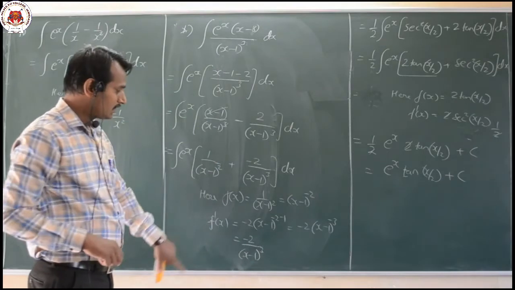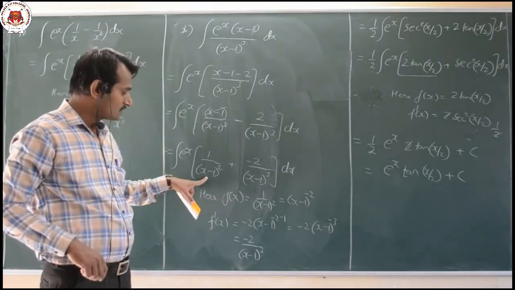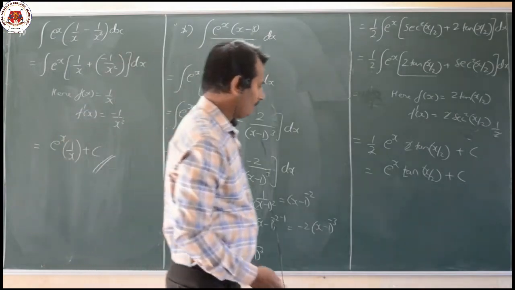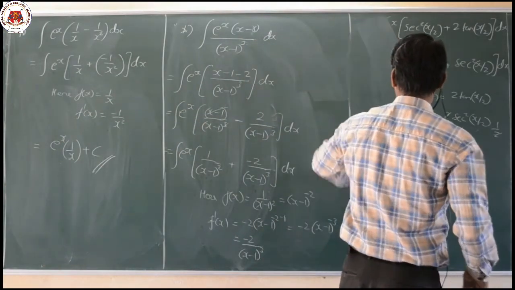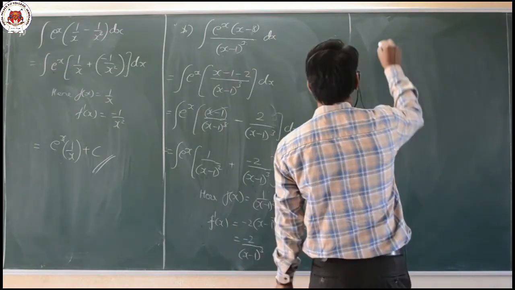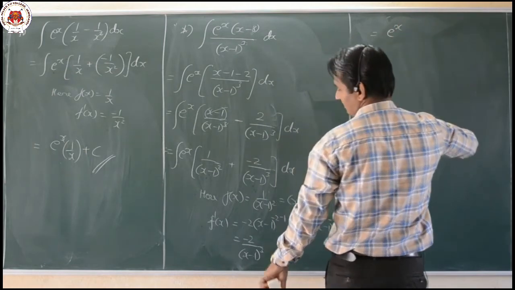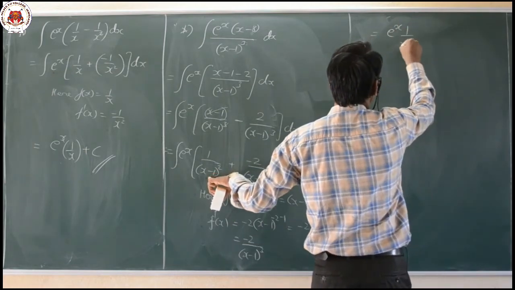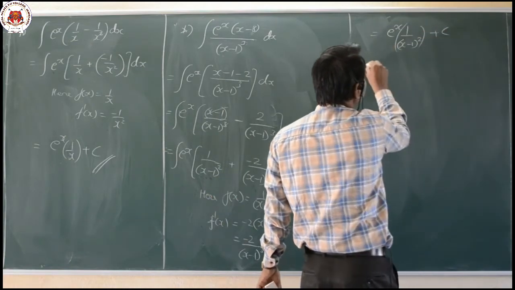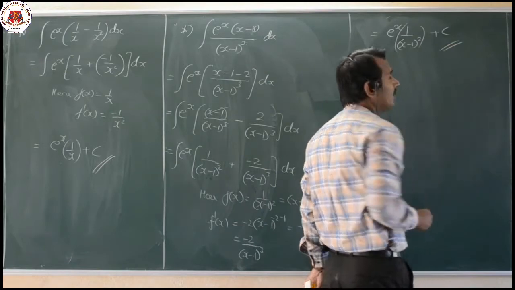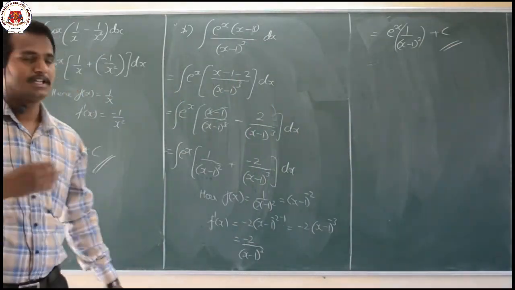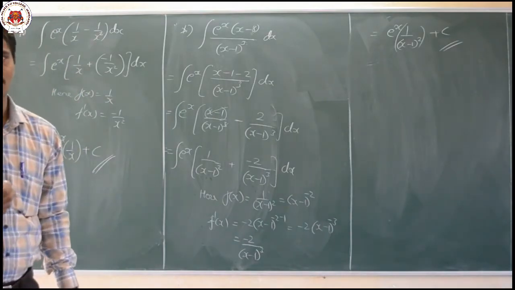So, we can observe that from f of x we are having f dash of x here. So, according to the property, dear students, I can write this as e to the power of x into f of x, plus another 1 divided by (x minus 1) whole square, plus the integral constant C. That is nothing but our required example. Dear students, before going to the next problem, please pause the video to note it down.